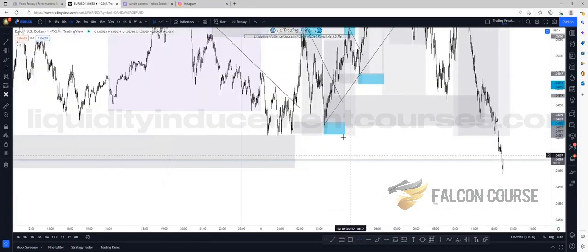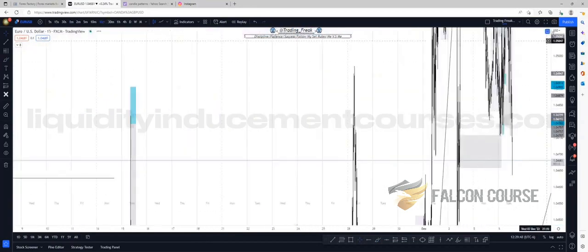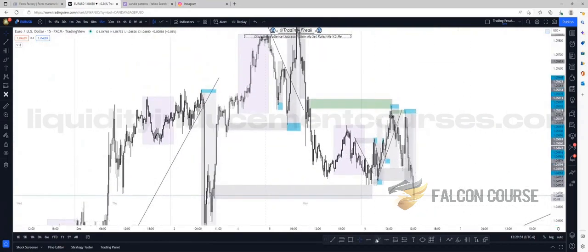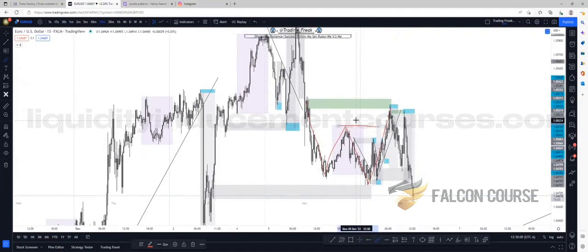So we look at that, and if I go to the 15-minute time frame, as you can see, we had a low, a high, a low, right? And once this happened, this is a so-called breaker structure, right? All this is just liquidity. And now we have liquidity here. So now we're just gonna take the high, and now we're gonna aim for the low. All right, got it. Thanks.